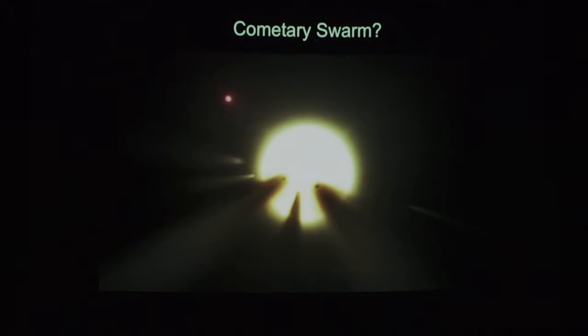Another idea, that was actually proposed by Briagen and her team, was that perhaps this is a swarm of comets. This particular star might be part of a binary. The second star is much further away, and it's thought that the second star could, in its orbit around the main star, cause comets to get ejected and to get into weird orbits. And these clouds of comets, as they're orbiting the main star, so here's that second redder, smaller star, they could, again, block the starlight. So this is possible, but it's also not